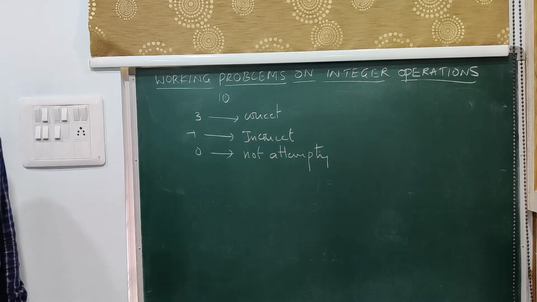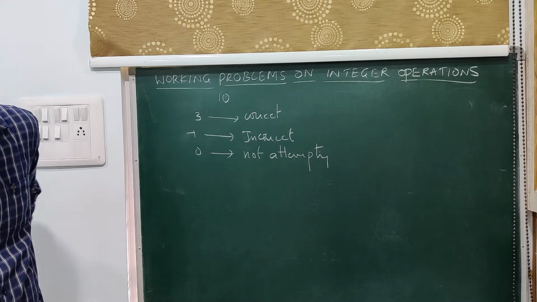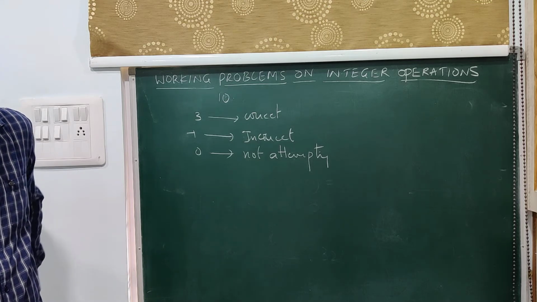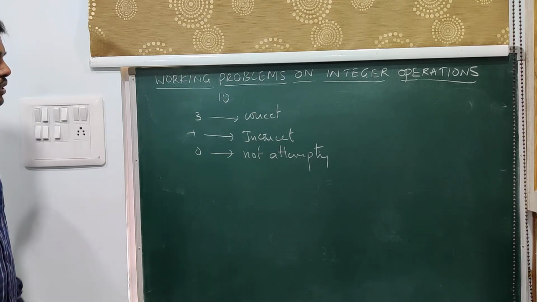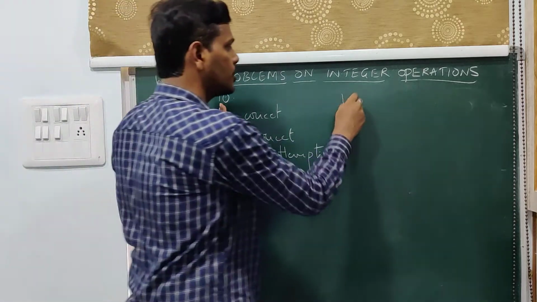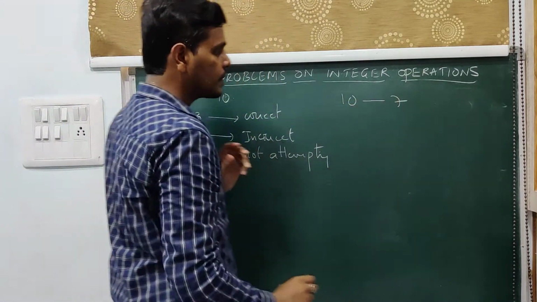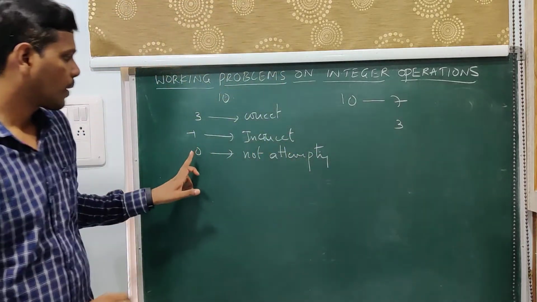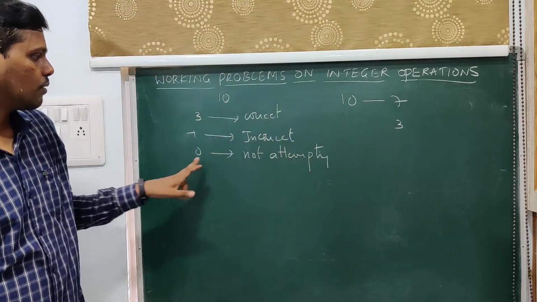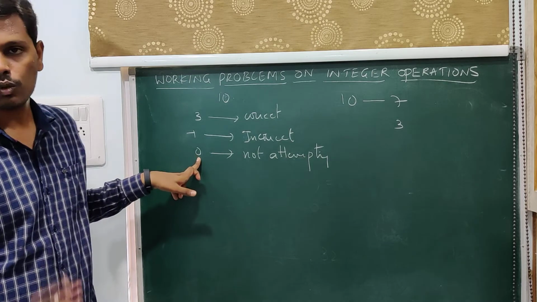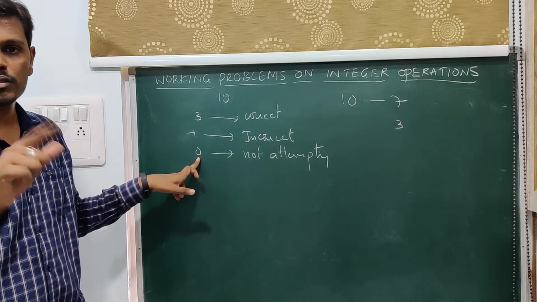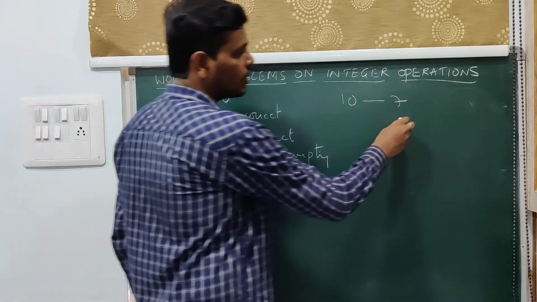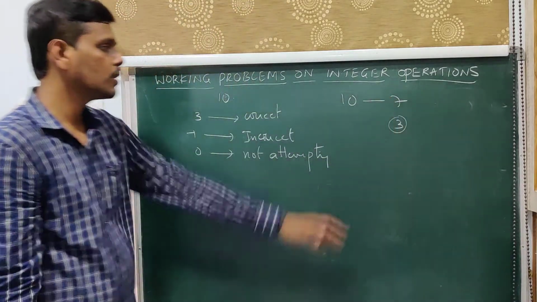Rashmi gets 3 correct and 4 incorrect answers out of the 7 questions that she has attempted. So she has attempted 7 out of 10 questions and did not attempt 3 questions. When she is not attempting any question, she will be awarded 0 marks. So 1 question 0 marks, 3 questions 3 into 0, which is 0. So we need not consider or discuss that.